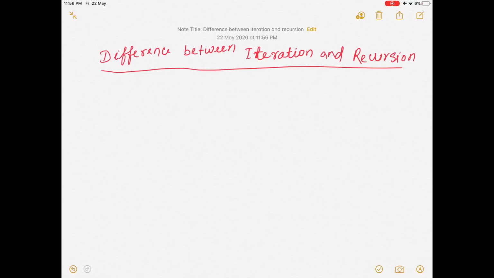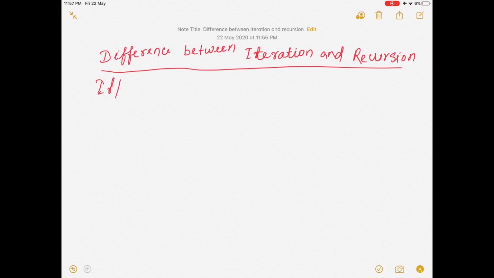Hello everyone. Today we are going to learn about two very important concepts, iteration and recursion. If we know this difference, if we know these terms, then only we'll be able to proceed in the next tutorials on sorting like merge sort, quick sort and all. In this, we'll take one example and write the code with these two concepts and see the difference. We'll do a dry run and the concept will be clear. First we'll go one by one.